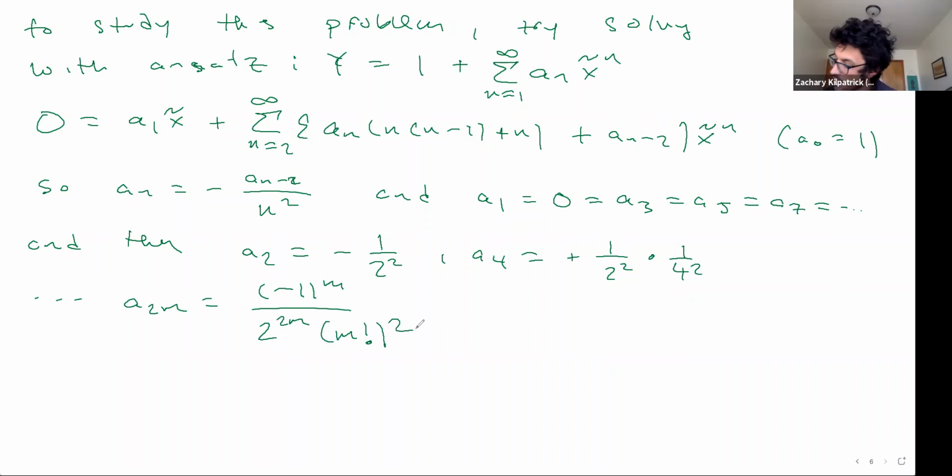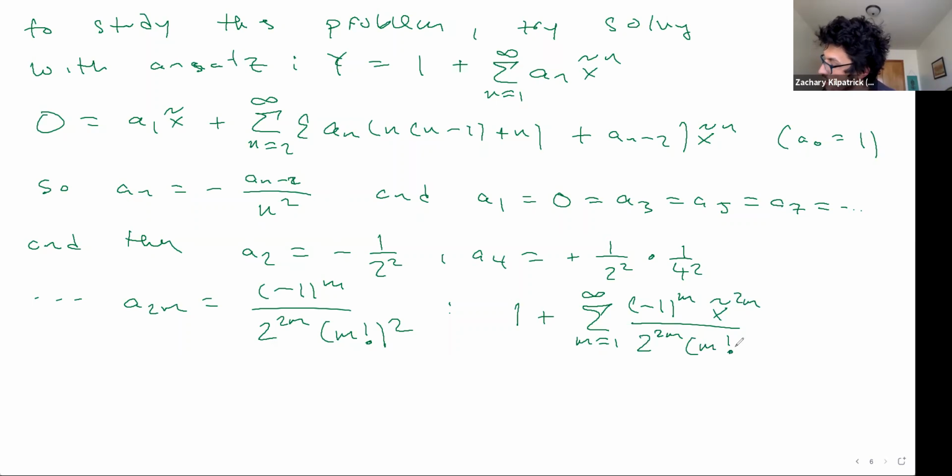So that means that y is 1 plus the sum from m equals 1 up to infinity of minus 1 to the m x tilde to the 2m divided by 2 to the 2m times m factorial squared, which happens to be